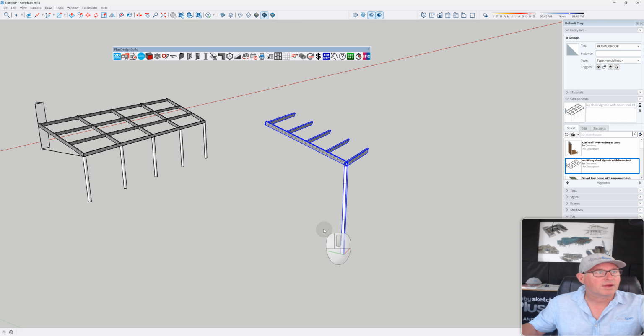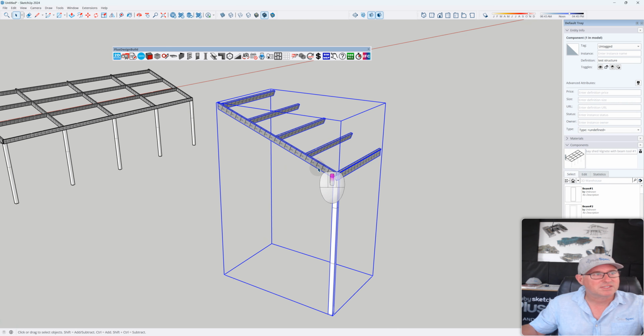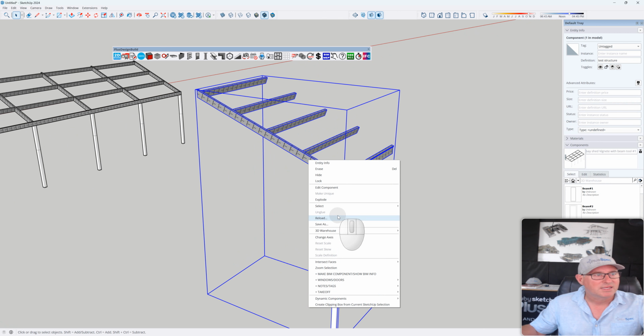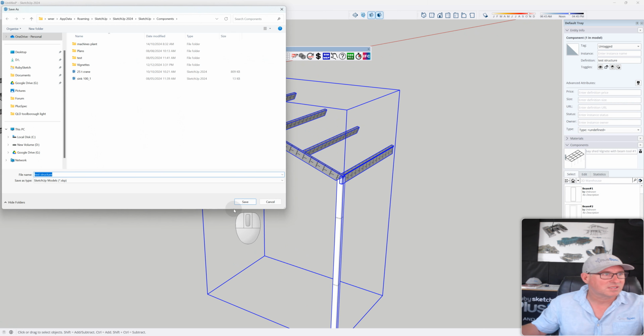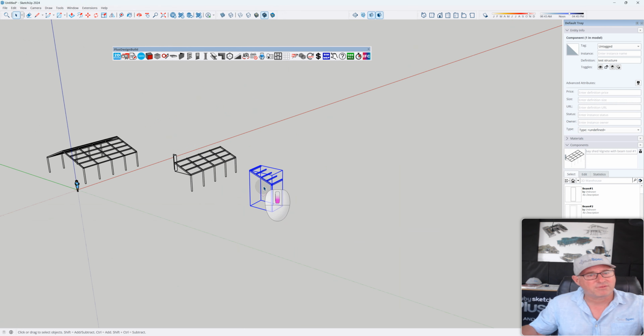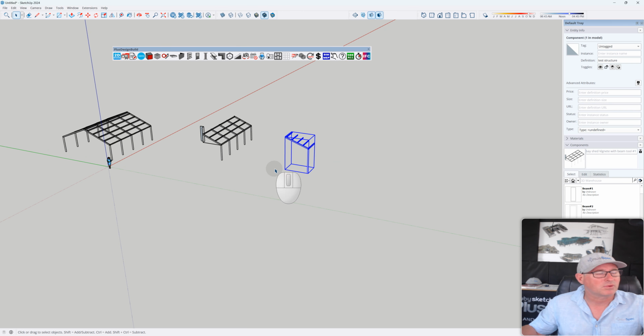Right, and Create. Now I can save this structure as a vignette. Right click, Save As. And I'm just going to call this test structure. You can see there, Save. Therefore I have it forevermore. And if I wanted to make this into a gable like over here,